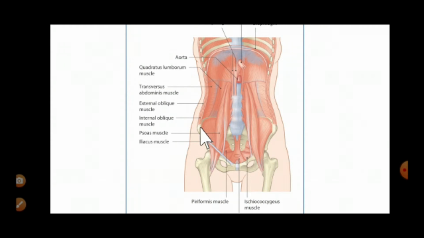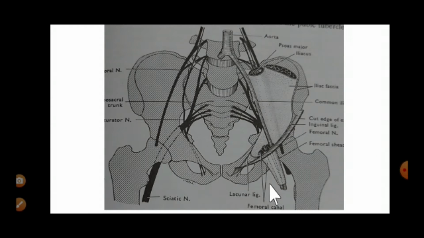So imagine that this iliacus muscle and this region here is all covered by fascia iliaca. So in this picture we can see the psoas major and the iliacus muscle here, and it is covered by a fascia which is the fascia iliaca or the iliac fascia. And here we can see this is the inguinal ligament. Deep to the anterior abdominal wall we have the fascia transversalis.